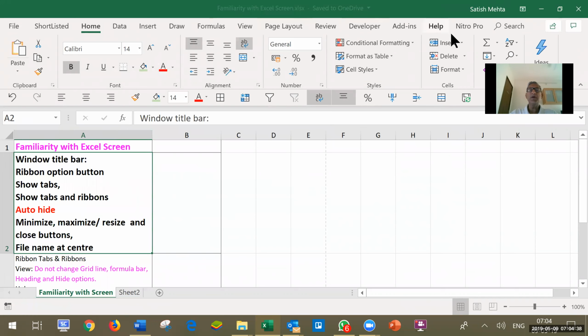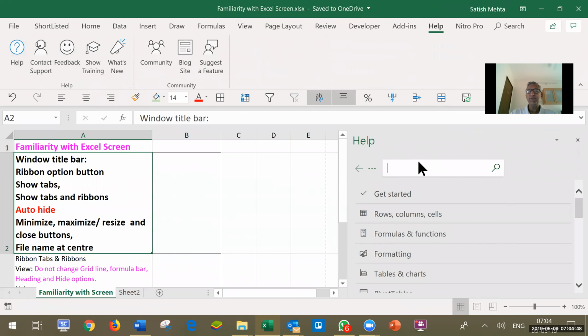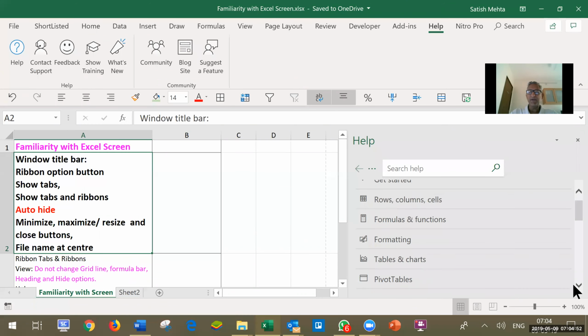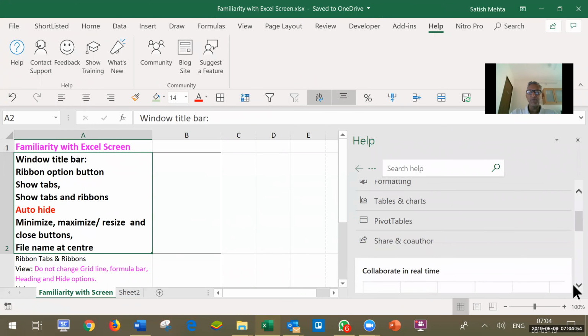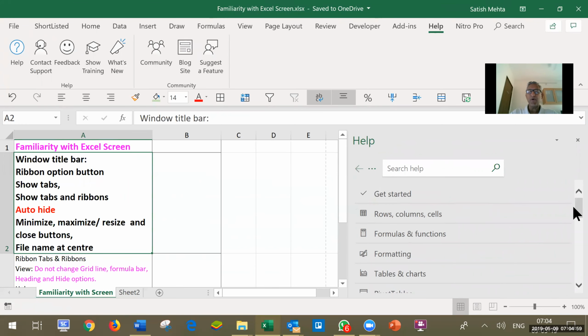Another useful option on the ribbon is Help. After clicking on Help, once again you have to click on this Help and you will see a list of all topics. By using this down arrow, you can move down and read all those topics, or alternatively, if you want to search for a particular topic, you can type here